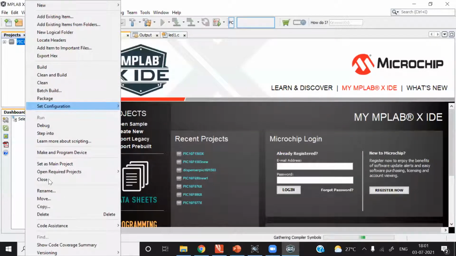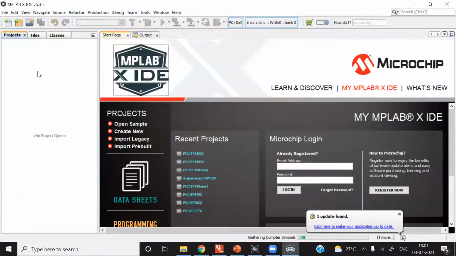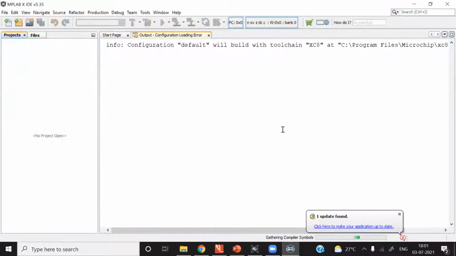I have already discussed different panes like project pane, navigator pane, editor pane, and task pane. Now we'll create a new project first, and after that we'll generate a C file, and in the C file we'll start writing our code. At the top of this window you will see the menu bar, and below the menu bar there are frequently used icons. Most of the icons are disabled because we have not yet created a project. Once you create the project, these icons will be enabled.